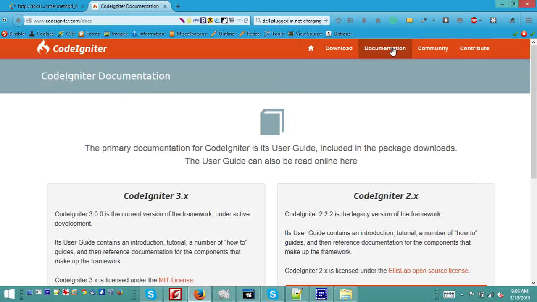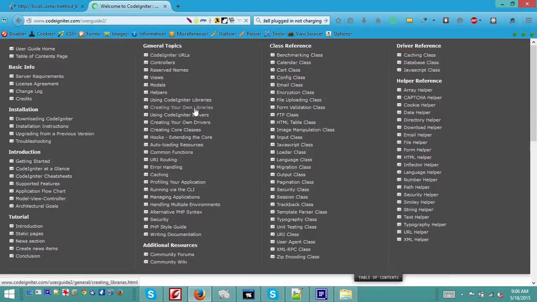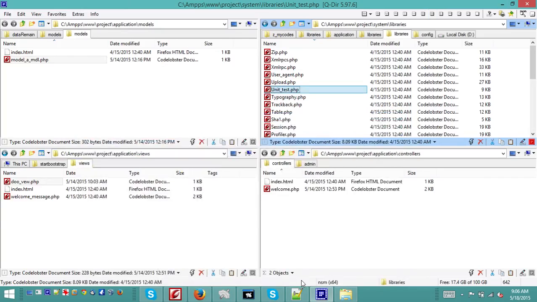If you go to the documentation, here you have the classes and libraries and all the things that you need. Okay, next